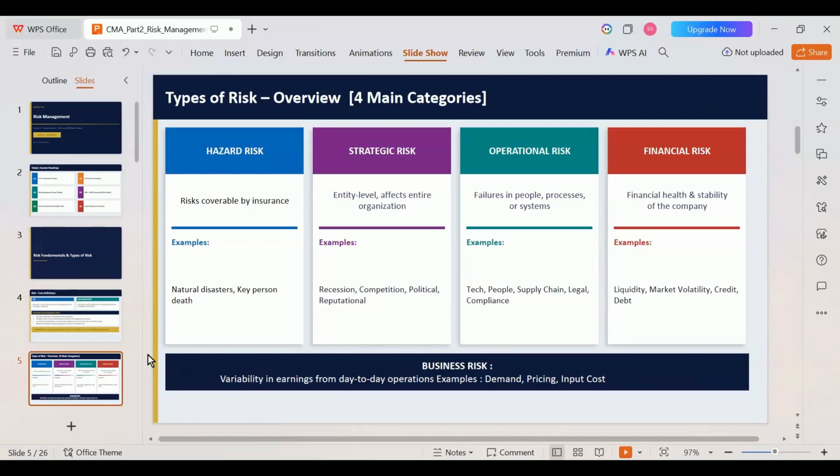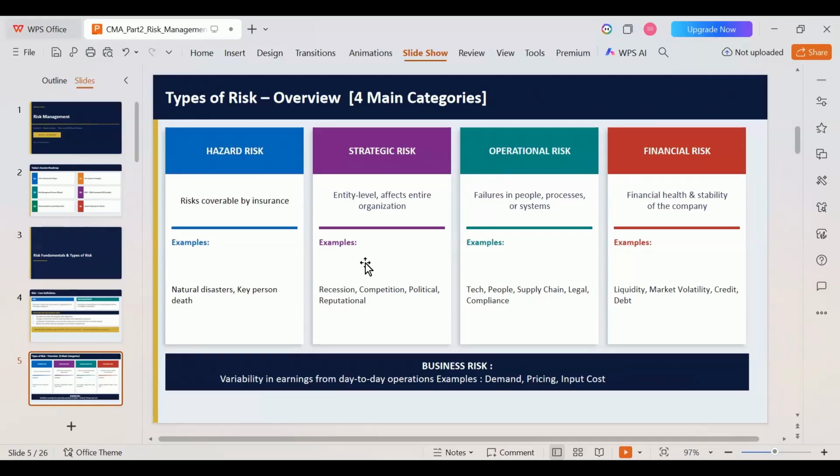First risk will be political risk. Will my MNC find its place in a foreign country? Will the political parties even allow me? Will the government allow me? So what are my challenges? What is the inflation rate? Are we in any war-prone area? Or what are the other economic factors such as interest rates, inflation, forex? Everything is involved in a strategic risk. So these are entity level risks. It affects the entire organization.